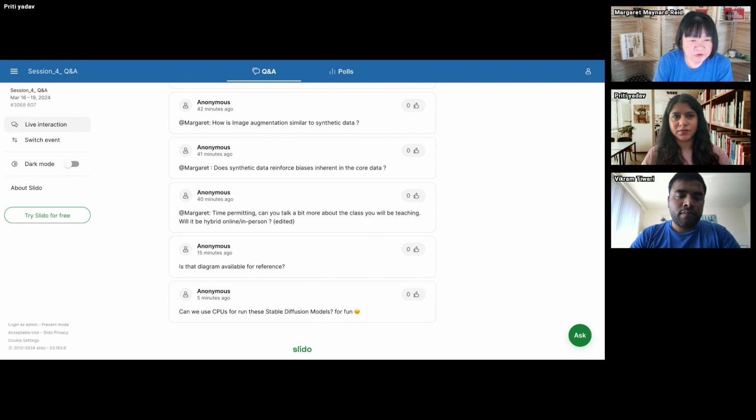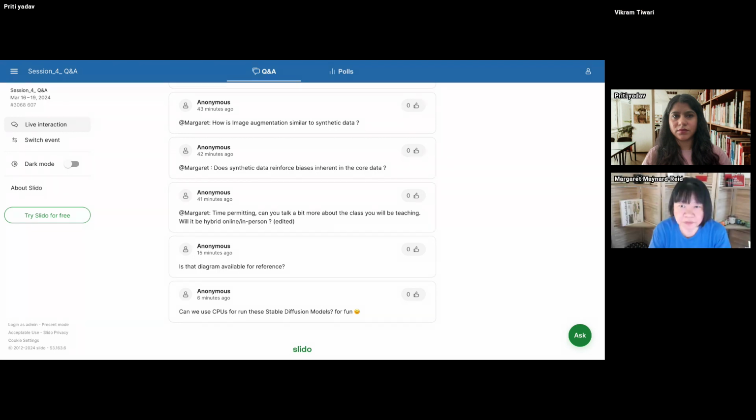For stable diffusion models, I am not sure, but I know Gemma, which is not, because stable diffusion models are still, a lot of it's focusing on the visual part, right? And Gemma is only text in English, but it's a generative model. That one can run on CPU, right, Vikram? Yeah, I actually don't know. I don't see the problem with running.